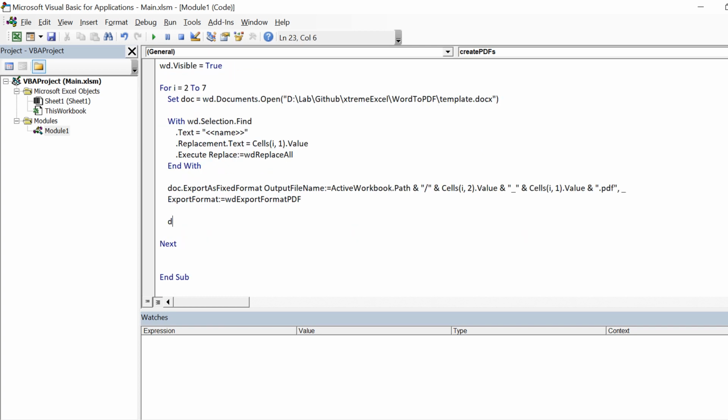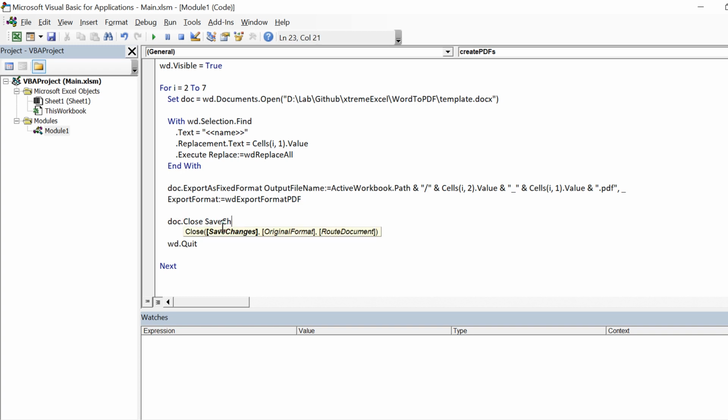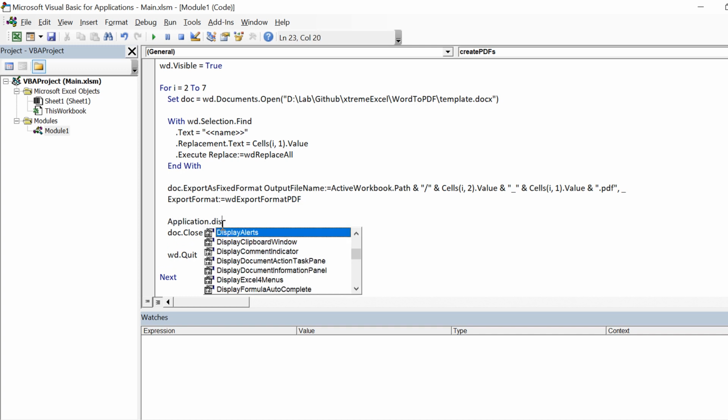Right, so we are done with the command, and we can close the document and we can close the Word application. Alright, so let us put the statement. So doc.Close to close the document, and then we can quit the application using wd.Quit. Alright, so we also need to make sure that we do not save the changes when we close the document, because we have find and replaced a text which is a name. We do not want to save it because otherwise the next letters that we generate after the first one would be having the same name. I put the close and quit statements in display alerts false, Application.DisplayAlerts = False.